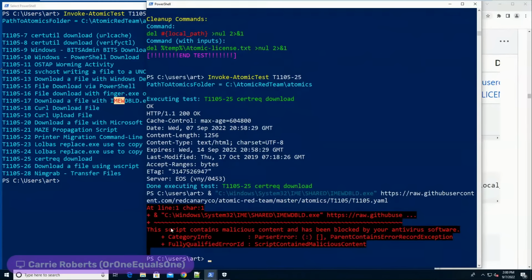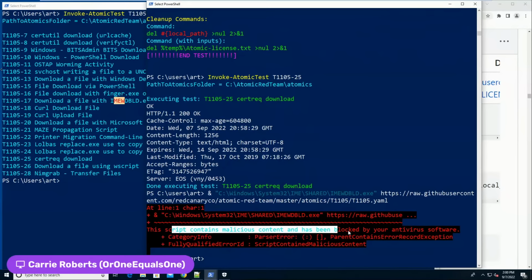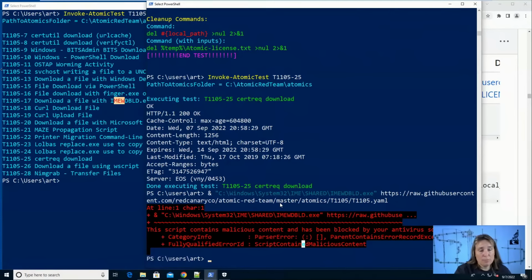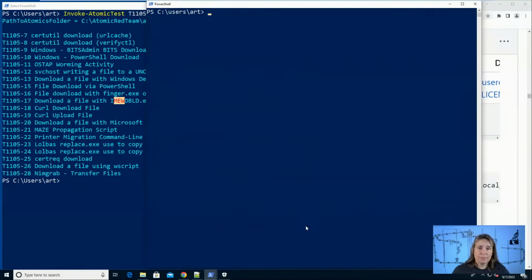And it says, this script contains malicious content, has been blocked by your antivirus software. So we think to ourselves, I don't need to worry about attackers using this executable to download files because it's blocked. Well, in reality, Defender is just looking for the combination of IME blah, blah, blah, exe on the same line as Red Canary